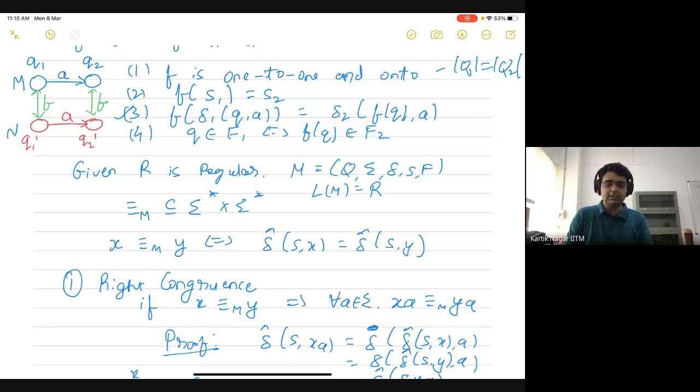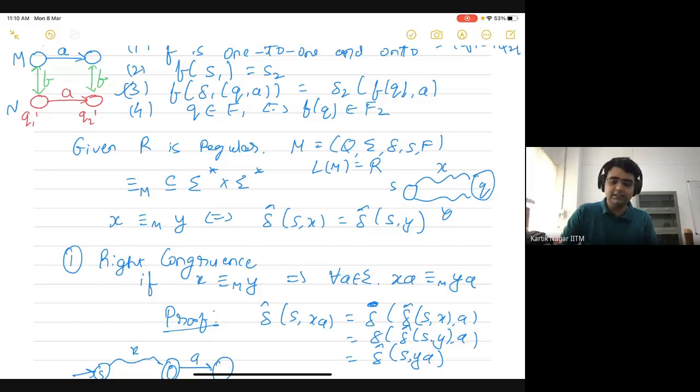And we say that this relation is induced by the DFA M, so that's why we have the subscript M there. Two strings x and y are related by this relation if and only if delta hat of s comma x is equal to delta hat of s comma y. Which means that if you process the DFA beginning from the start state using both of those strings, you will reach the same state. If you begin from s and process x and process y, you will reach the same state q. So all such strings would be equivalent to each other.